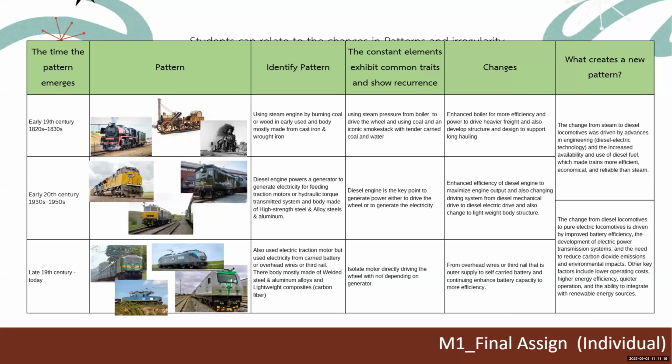It used the electricity to drive the motor directly, but it has a different supply source, which is self-carried batteries or the overhead wire or the third rail. The change in this is about changing the supply source from the overhead line or the third rail to rely on self-carried batteries. And the key that creates this pattern is because